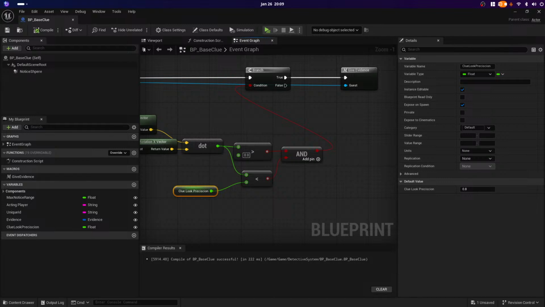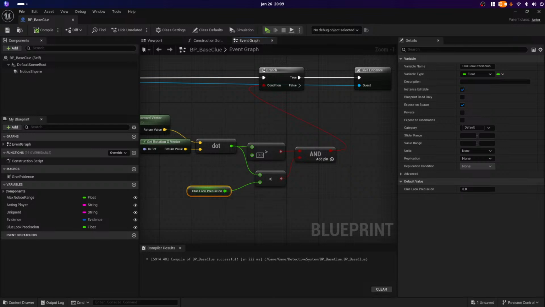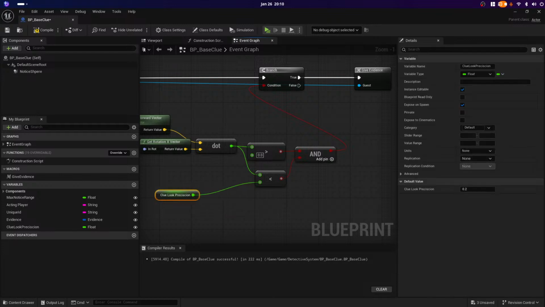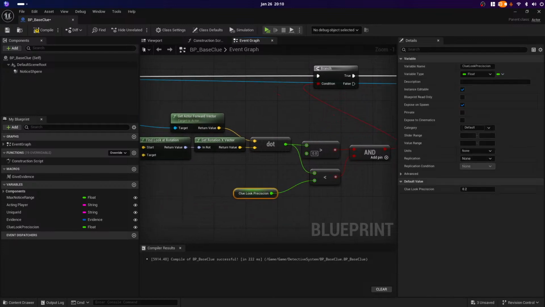I need to experiment with that, but sorry, it has to be more than that, doesn't it? It has to be less than. Sorry, I had a brain fart because what I really wanted to do was,